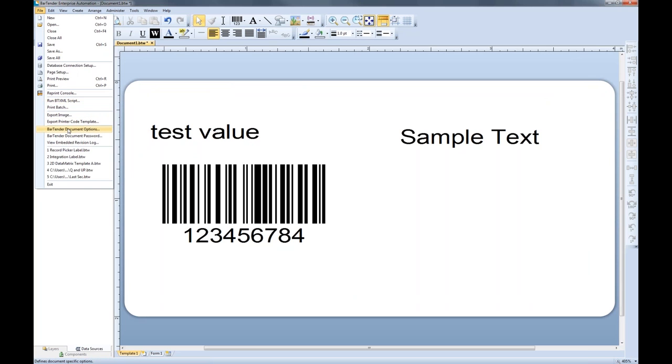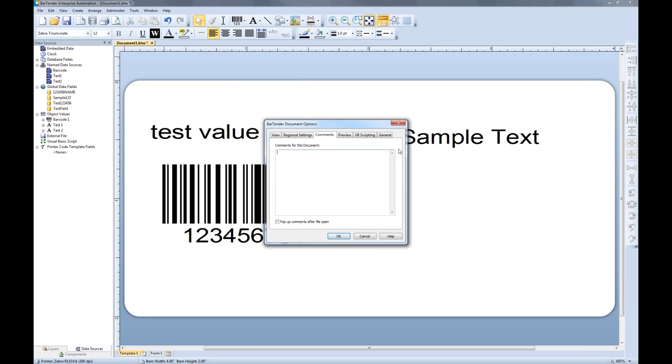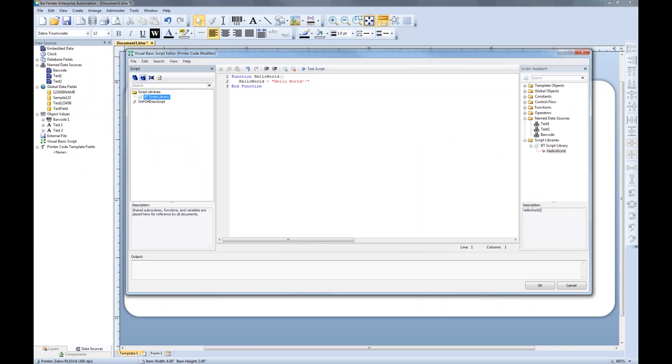have to go into File, BarTender Document Options, hit General on the General tab there, and click on the Visual Basic Script icon. So there we still see our script library because we have imported that into the label for use. And we now see the option there for the print code modifier. So here we're able to write any kind of script that we need if the print code needs to be